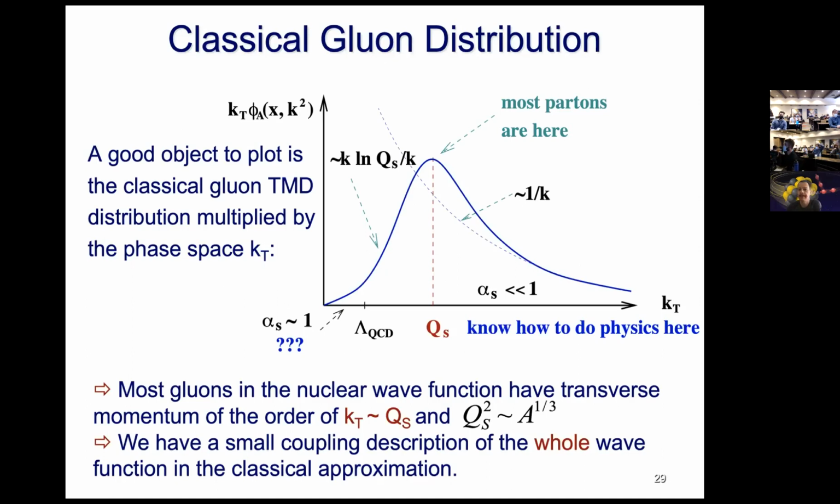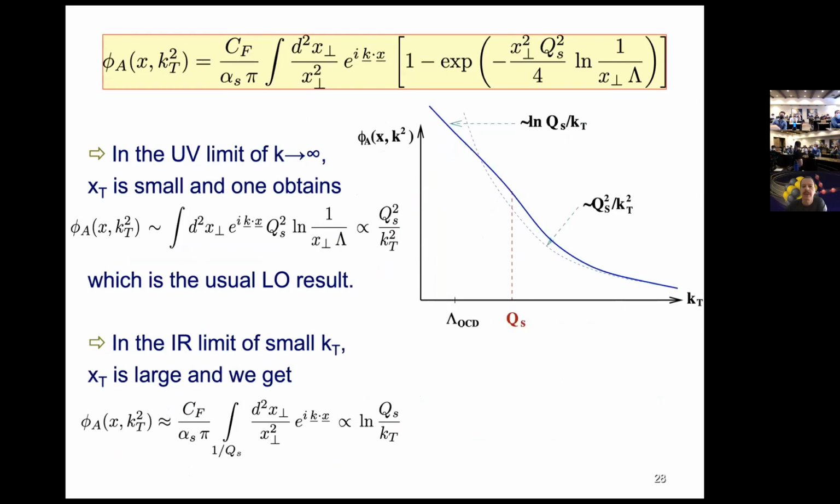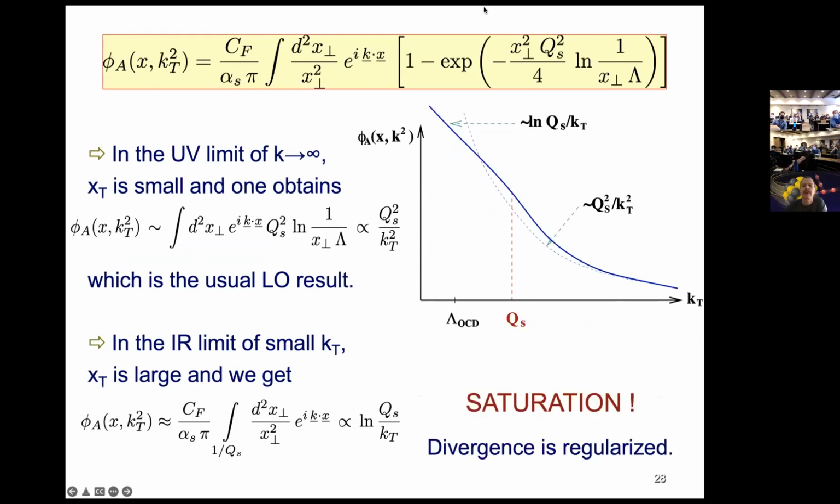There's a question here. I'm probably just connecting dots that aren't here. Can you go back to the definition of phi a, the functional form of it in terms of that exponential? Yeah, right there. If you treat the gluon classically, I look at that and I see something that looks like a partition function. Is there any way that you can describe these transverse momentum distributions using StatMech if you're treating the gluon classically?